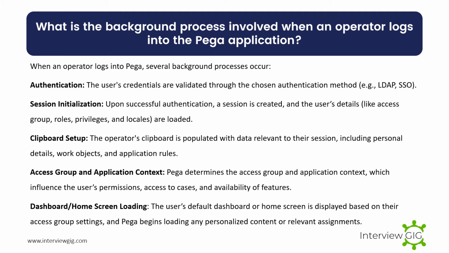What is the background process involved when an operator logs into the Pega application? When an operator logs into Pega, several background processes occur. Authentication. The user's credentials are validated through the chosen authentication method, e.g. LDAP, SSO. Session initialization. Upon successful authentication, a session is created, and the user's details, like access group, roles, privileges,